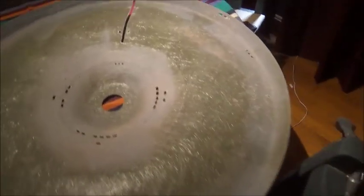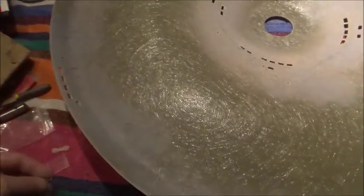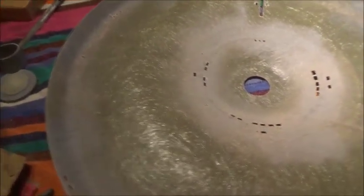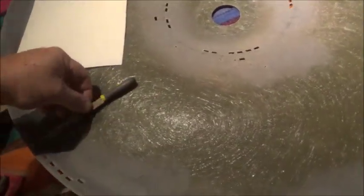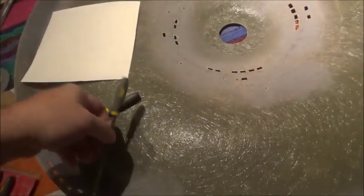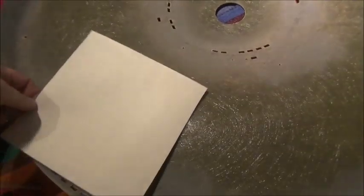Now, the big holes, the big gaping openings in the top of the saucer, those actually have acrylic pieces that are meant to go into them. And if I can use this sheet of paper as an example, I'm going to be making a box that looks something like this. A box something like this with a top on it